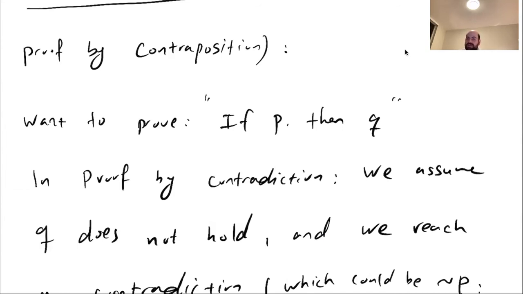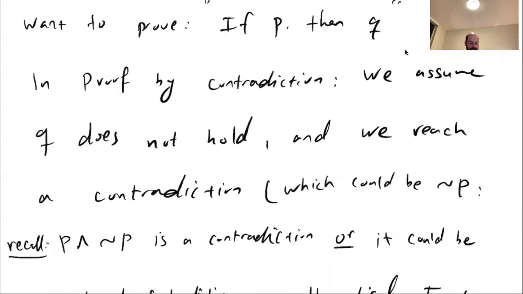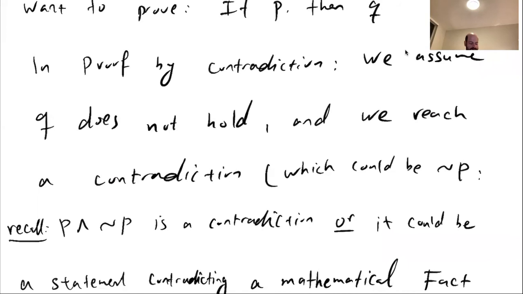We assume negation Q is right. And then we show that negation P is right. In proof by contradiction also, we start with negation Q, and then we can either reach negation P, and in that case, it would be exactly what we would do in proof by contraposition,